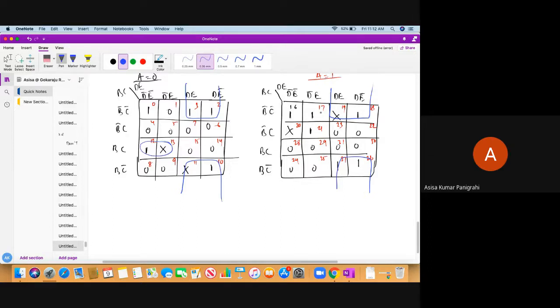For this, I can actually take this type of grouping, all quads. Okay. Anything else? For this, how to group, students? I have told you to group because these and these are adjacent. Just group it like this so that you can diminish the A. Okay. These are all the minterms we have combined. Anything else? Anybody has a doubt?